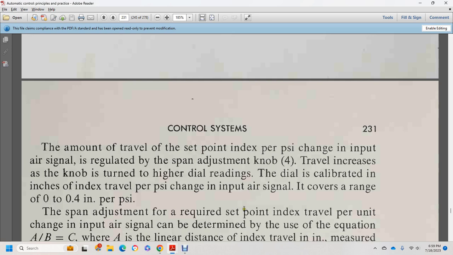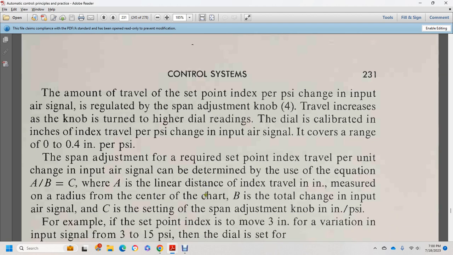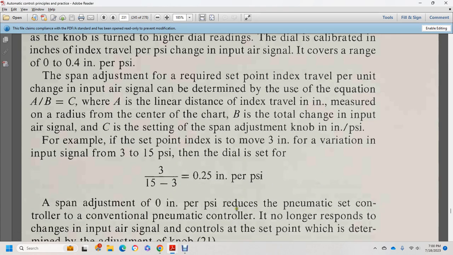Span adjustment required: set point index travel per unit change with the input air signal is determined by the equation A over B equals C, in which A is the linear distance of the index travel in inches measured from the radius at the center of the chart, B is the total change with the input air signal, and C is the setting of the span adjustment knob in inches per PSI. For example, the set point index with 3 inches for the further variation with the input signal of 3 to 15 PSI, with the dial set for 3 divided by 15 minus 3